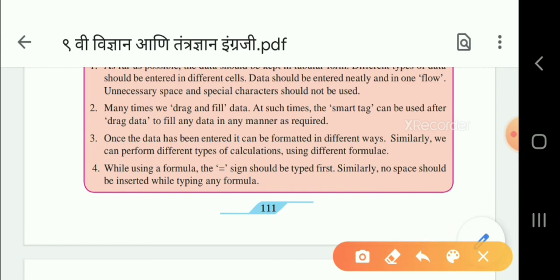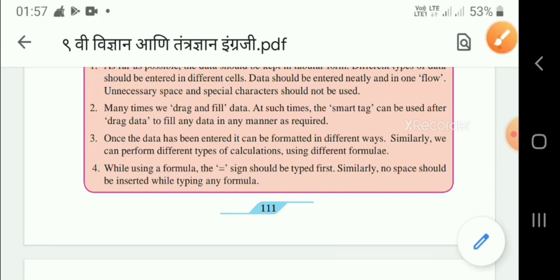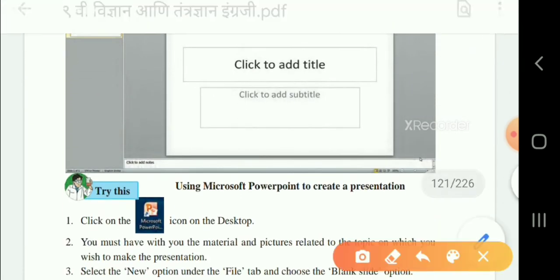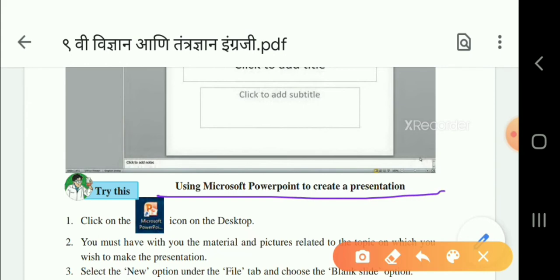These are the precautions 1, 2, 3, 4. Then we have to see this table, using PowerPoint to create the presentation.